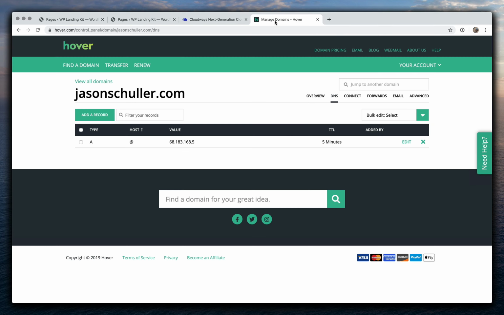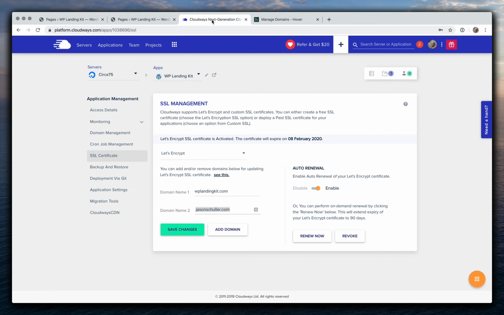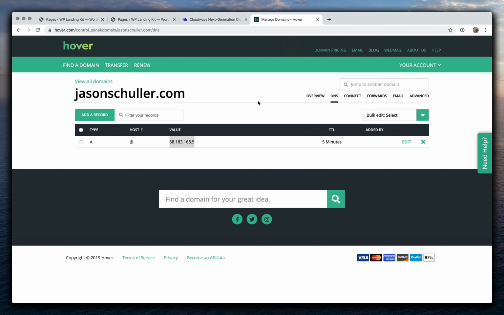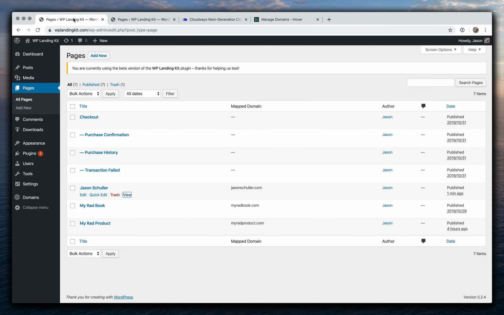I typically buy all my domains through Hover, and I have this one through Hover as well. So you can see I already have the A record configured, pointing to my static IP for WP Landing Kit. So now that this is all set up within my hosting environment and my domain is configured, I can go back here, everything looks good, and if I view this page now,